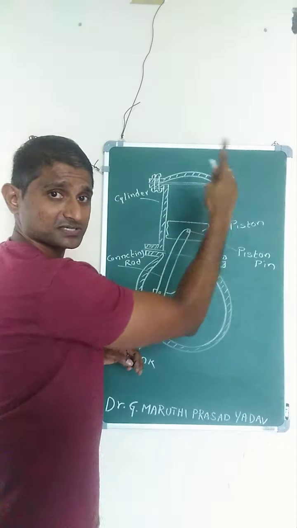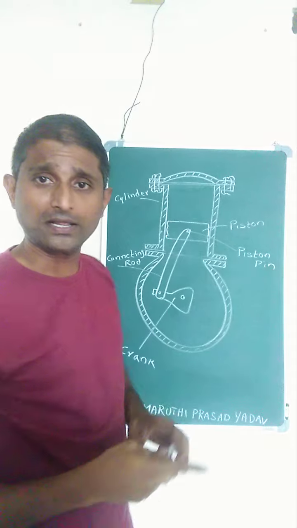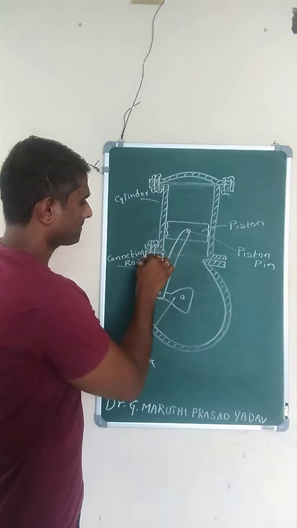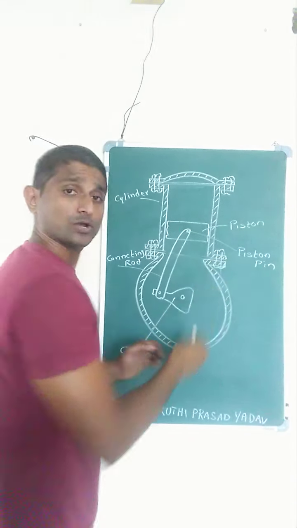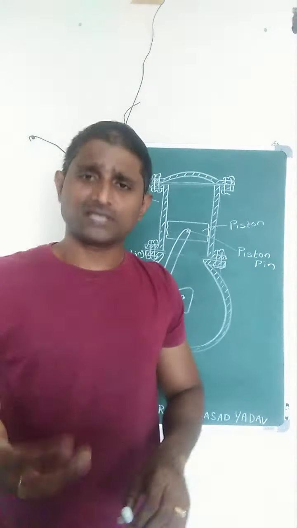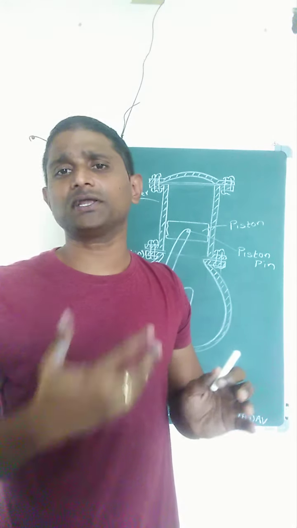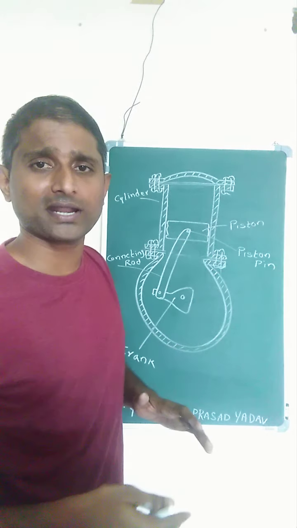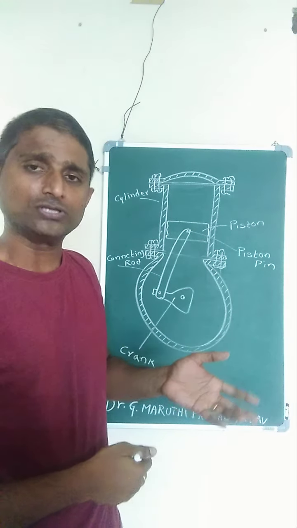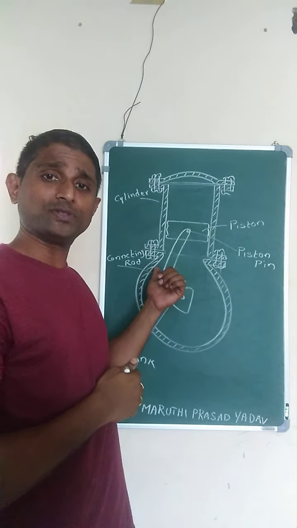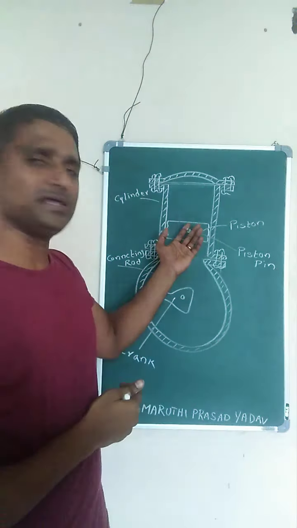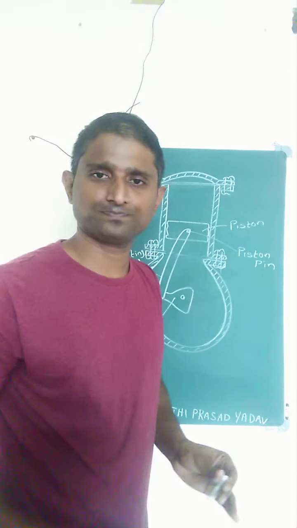Throughout the circumference of the cylinder, it can be fixed to the cylinder head, and even at the bottom side to the crankcase. In some cases the cylinder may be made as an integral part of the crankcase itself, but in the majority of cases it is made separately and fixed to the crankcase with the help of bolts and nuts. So it depends upon the design. Now let us find out what should be the diameter of these bolts so that it can secure without fail, followed by the piston and remaining parts.